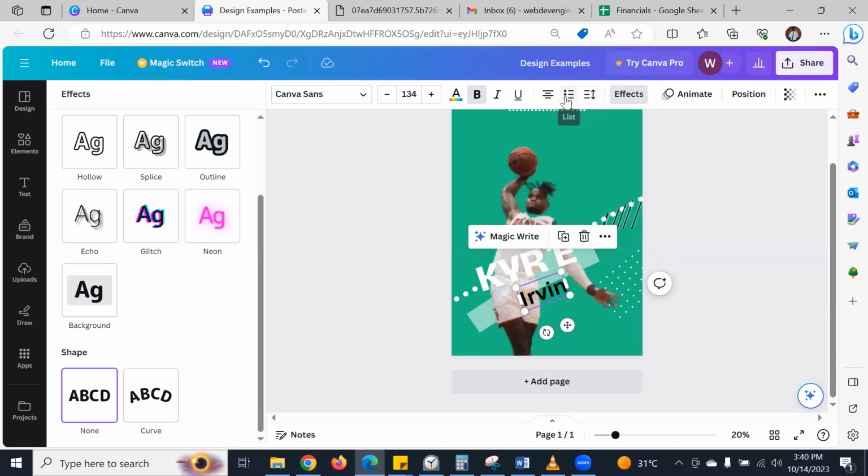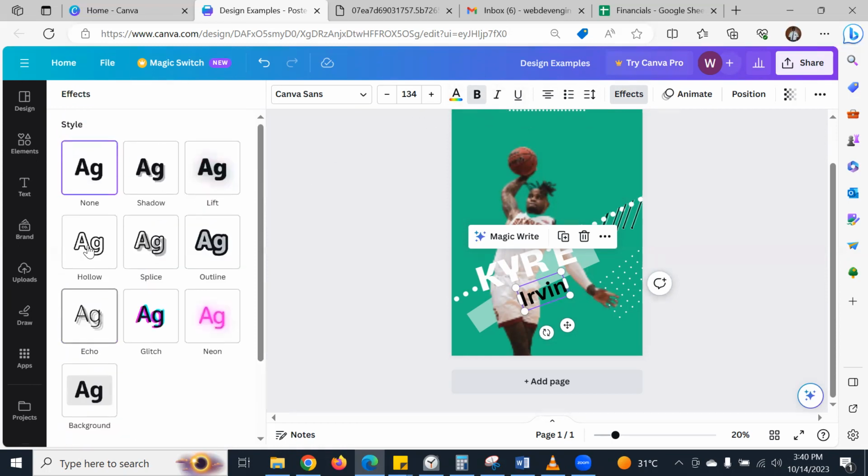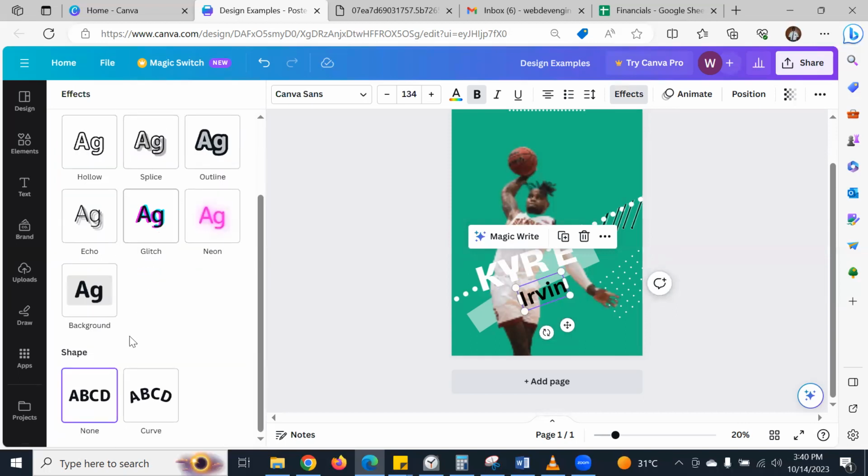And then you can add spacing, you can add bullet points. You can align it to the center, right or left, you can underline it, you can use italics, all those, they're there. Okay, so from styles,